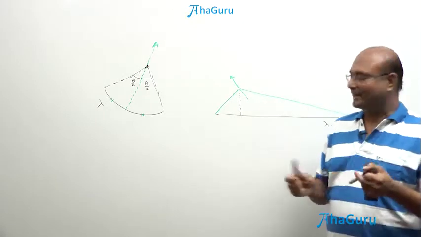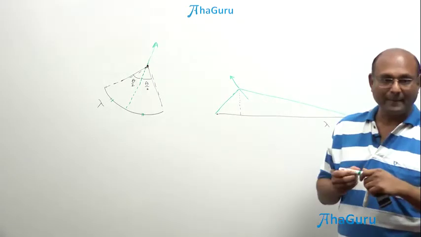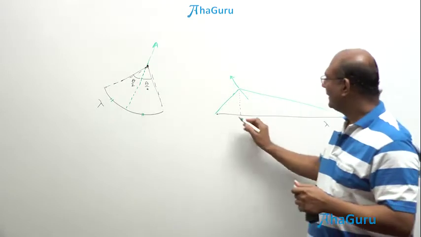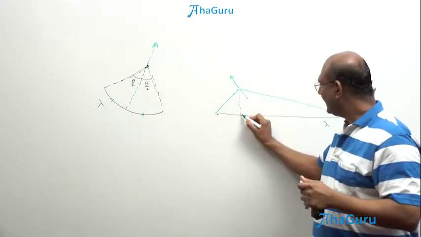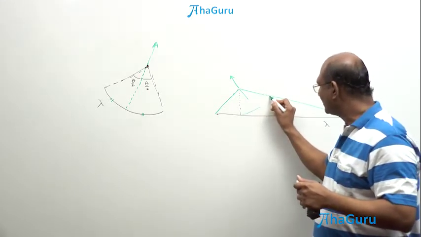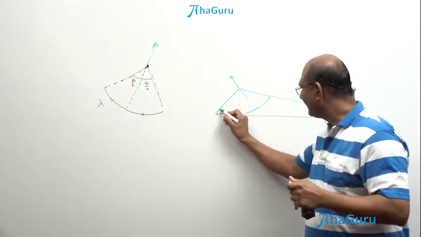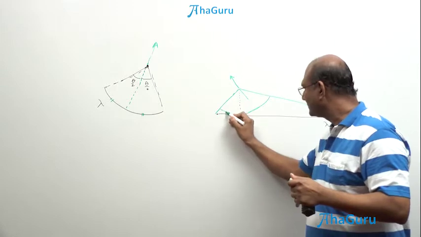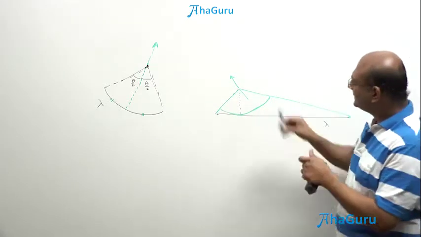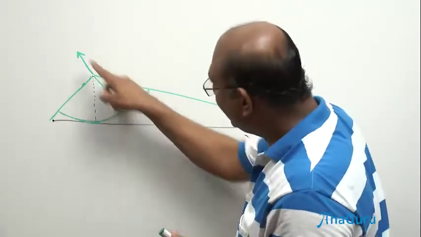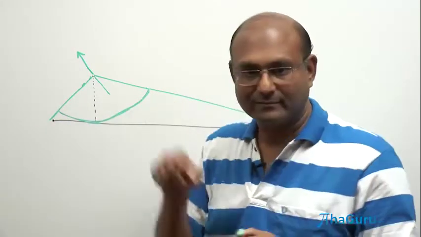if I replace this line by an arc, okay, now I'm going to construct an arc with this as the radius. Let us say I have an arc which goes from here all the way till there. So this is the arc. Now this angle bisector would be the direction of the field for this arc.